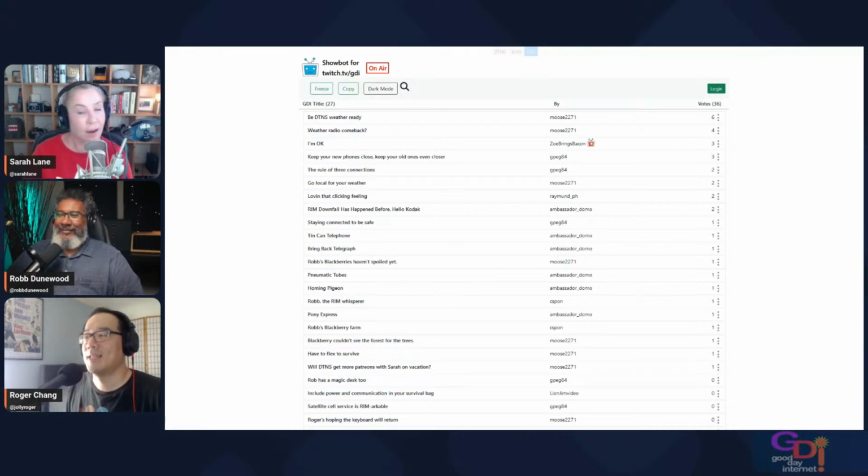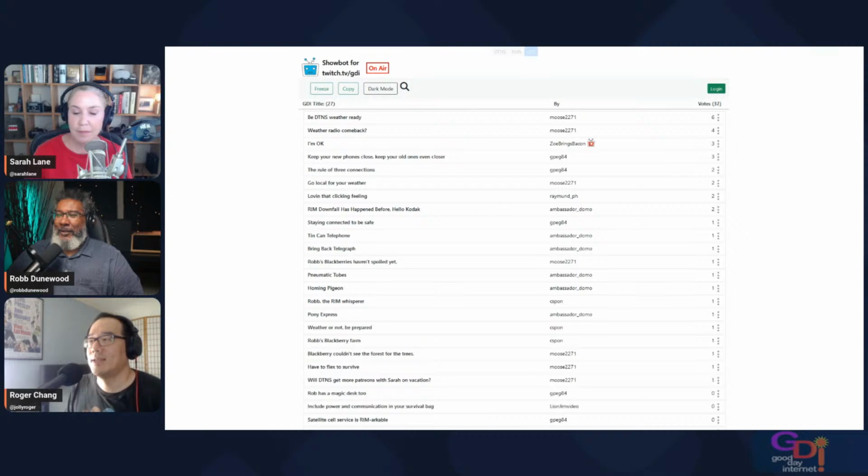Hello, Kodak. Ambassador Domo. Let's see. C-Spawn also had whether or not with a W-E-A, be prepared. Also, clever. Robb's Blackberry Farm. Where's that one? Oh, I see it. C-Spawn. Robb has a magic desk too. You do.